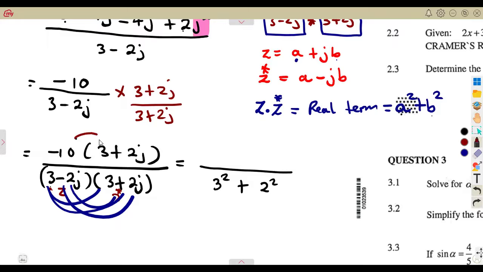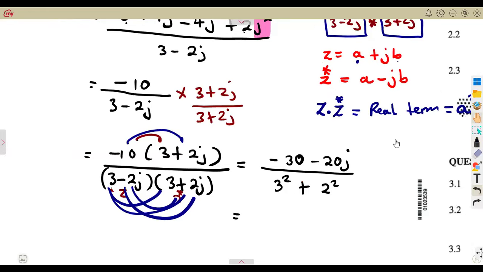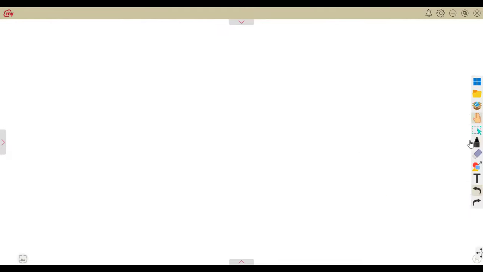Minus 10 multiplies the 3. That is going to be what? Minus 30. Okay, minus 10 multiplies the 2j. That is going to be minus 20j. This is where you are. So instead, guys, of expanding, I'm not saying it's wrong. No, I'm not saying it's wrong. But I'm just saying that if you have this condition, even under your normal simplification, that you can see it,